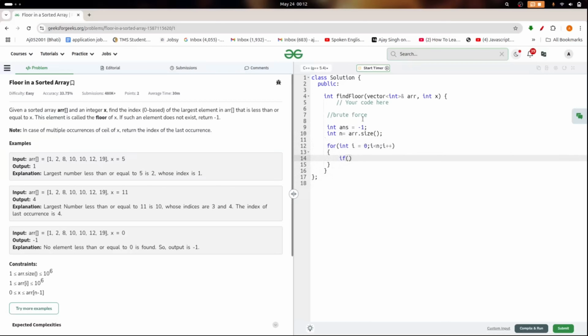If array of i is less than or equal to x, then update answer equals to max of answer comma i. Then return answer.